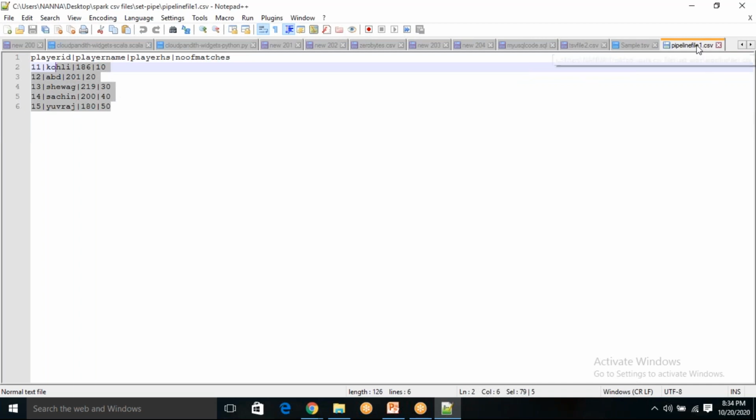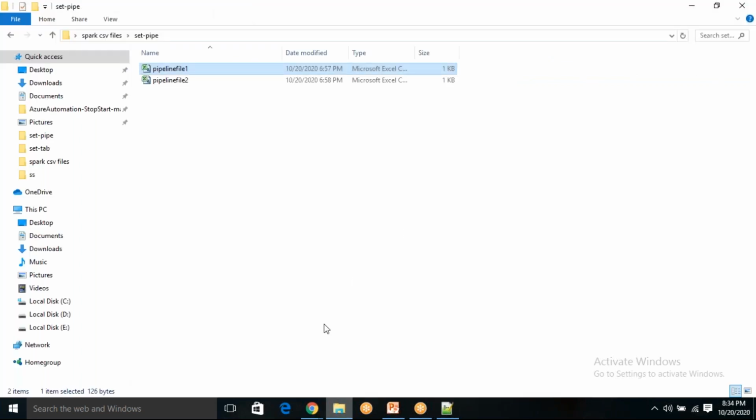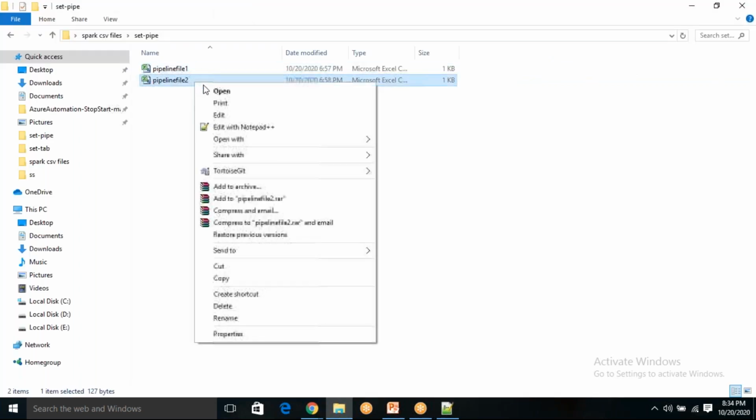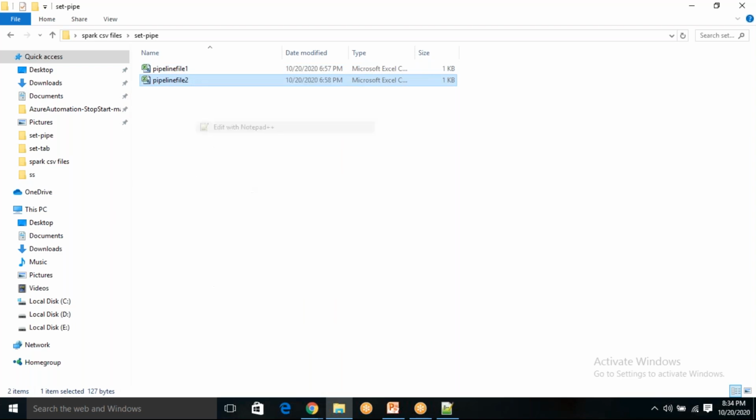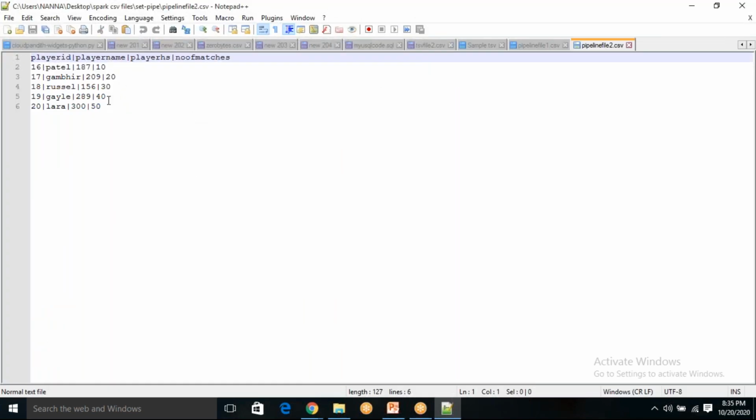So this is pipe file 1.csv. I'm just opening pipe file 2.csv. You can see this is from 16 to 20. So there are 2 pipe files, each having 5 records, starting from 11 and ending at 20.